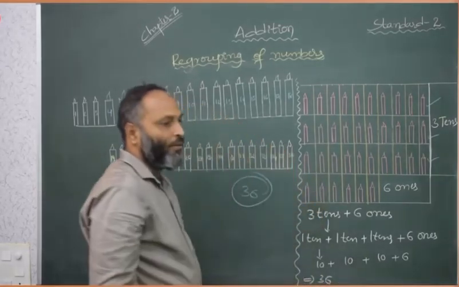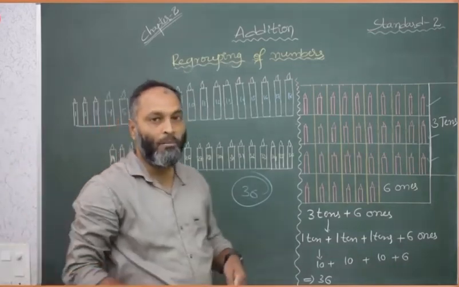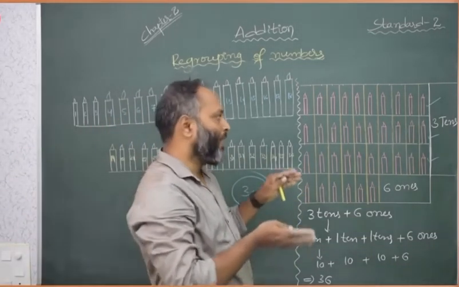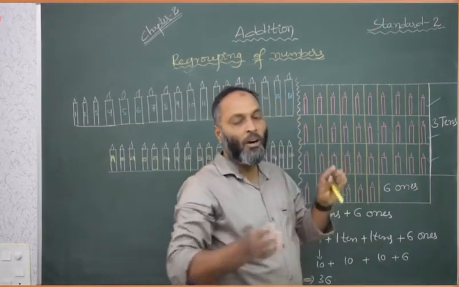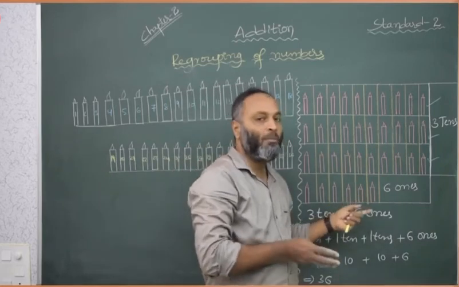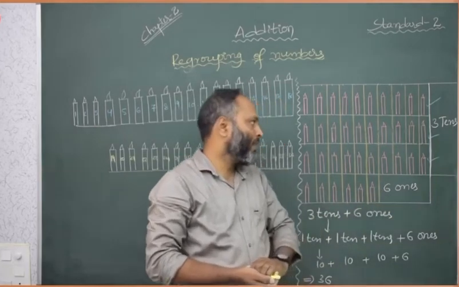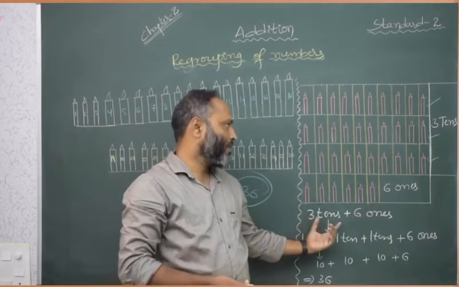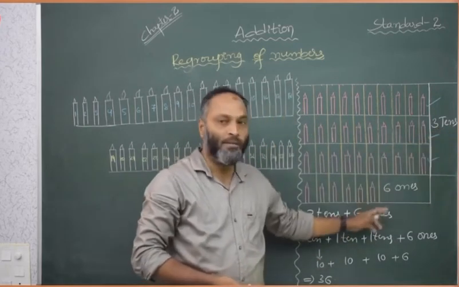In this way we have to arrange. So whatever candles were given, first we have to complete the tens places. How many tens are we going to make? First we make that many tens. After that, whatever is left as a single digit, that we have to draw in the ones place. Then after that, check: 3 tens, 3 tens plus 6 ones.